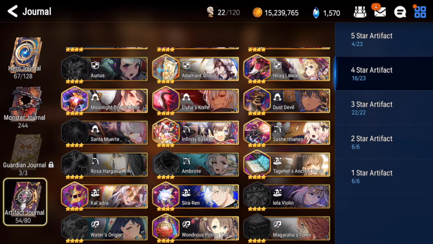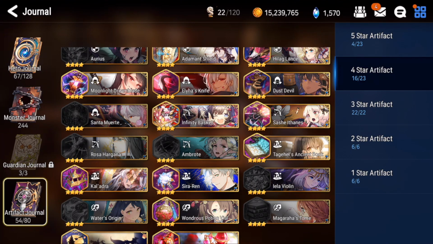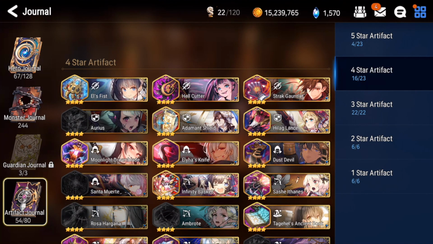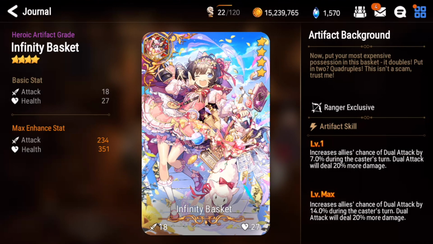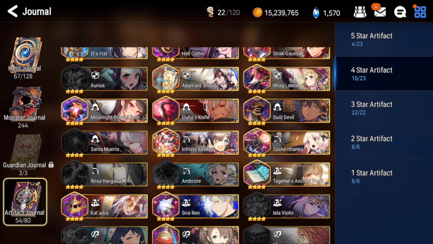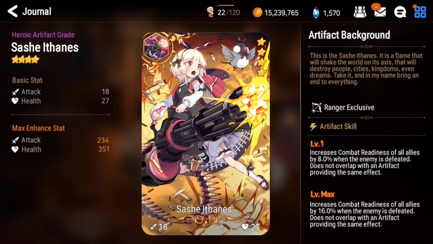Okay, Infinity Basket is also an interesting choice for a Ranger, but I think unless you have other characters that also have a good basic attack, then I think Infinity Basket is not good for her. Okay, because this increases your allies' chance instead of yours, while yours is probably the best basic attack in this game. And the rest of the 4 stars artifacts are not that good in my opinion. Says it chance, I think this one is only good when you are farming the world for PvP battle. I don't think this is that good because there are only 4 enemies, so you cannot take advantage of this